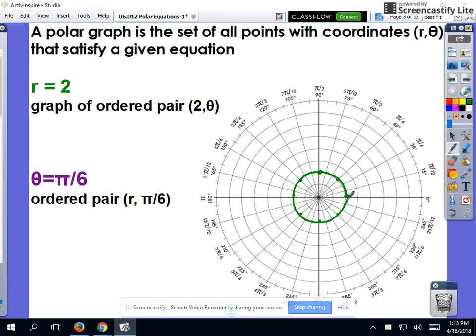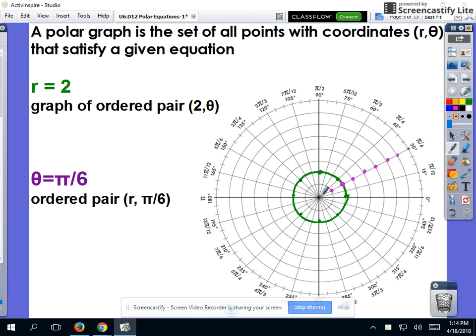So we just graphed the coordinate to theta, no matter what it was. Now, the tricky part for theta equals pi over 6 is that that means that the theta is constant. So if we're going to write all points, but our radius changes, so pi over 6, remember, is right here. So if we're at 1 pi over 6, 2 pi over 6, 3 pi over 6, 4 pi over 6, 5 pi over 6, 6 pi over 6,